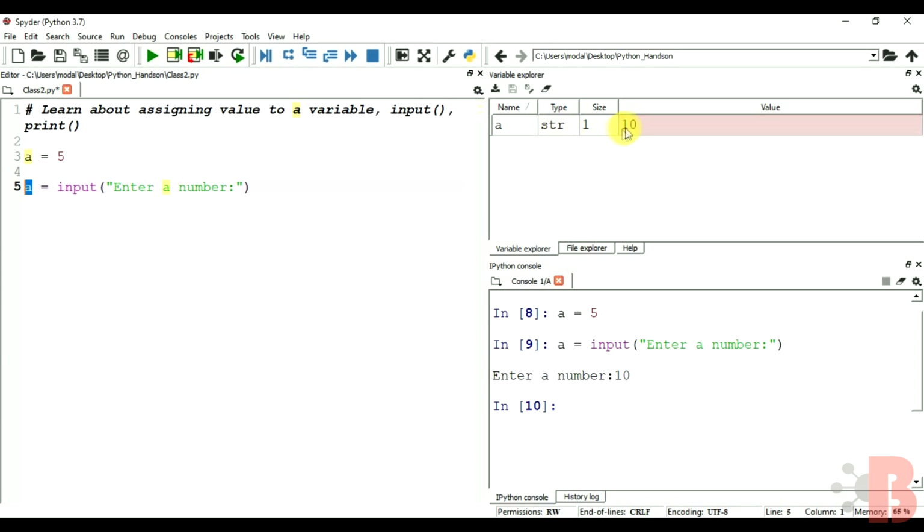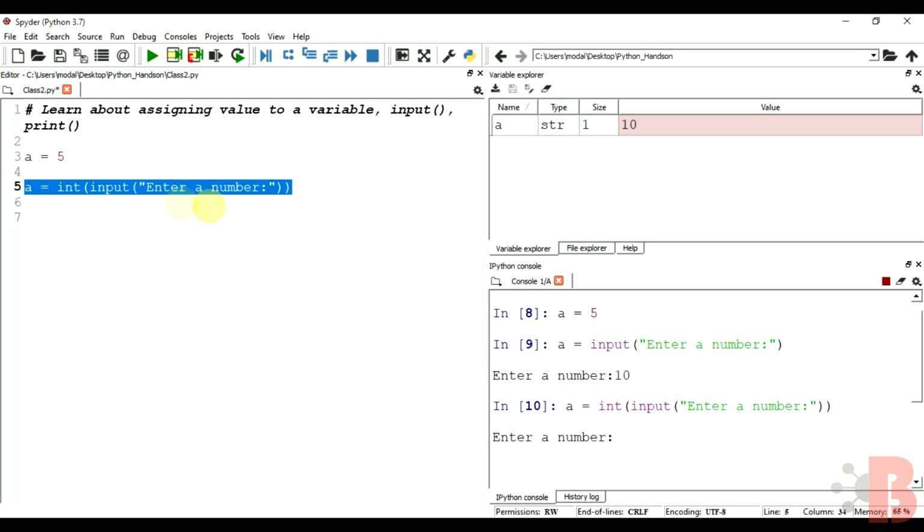So if you want to use this value as a number, you will have to parse this into an integer. Since this is not the platform, we will do it in some other place, or we can do it here also. So to parse it to int, let us create an int function around the input function.